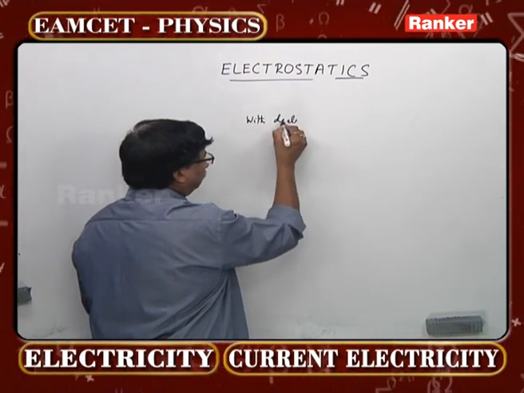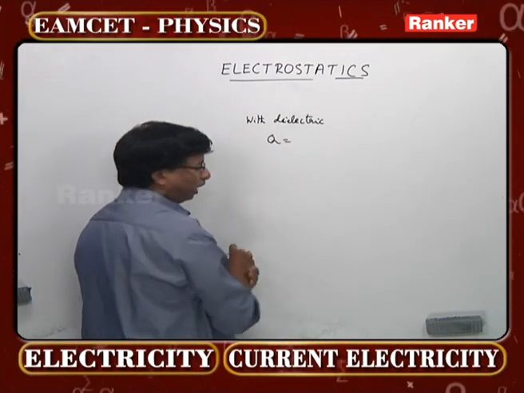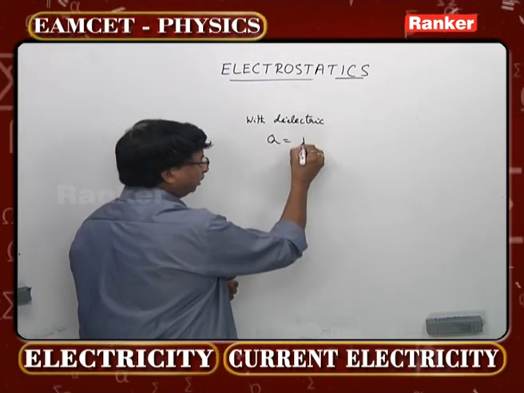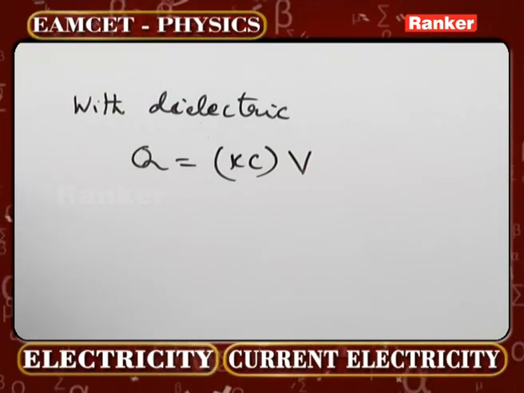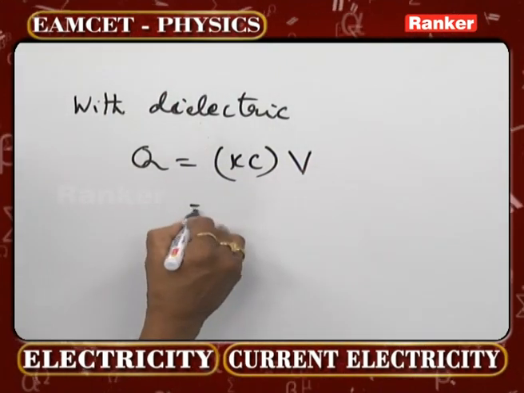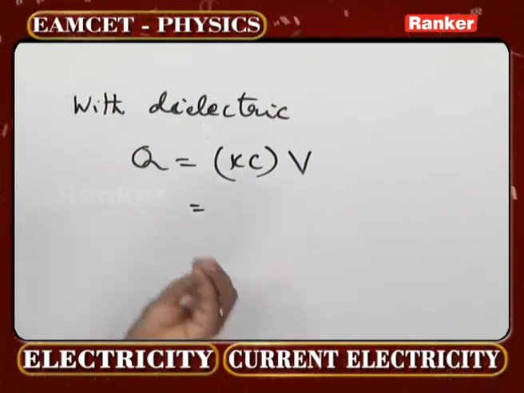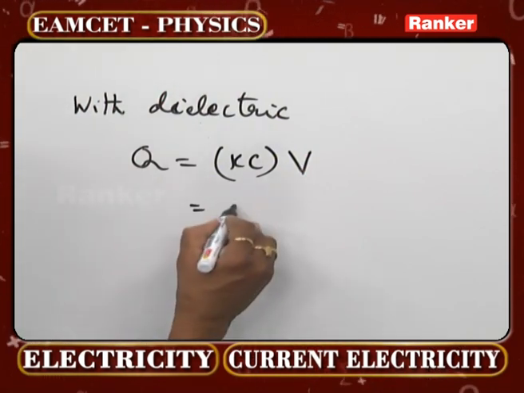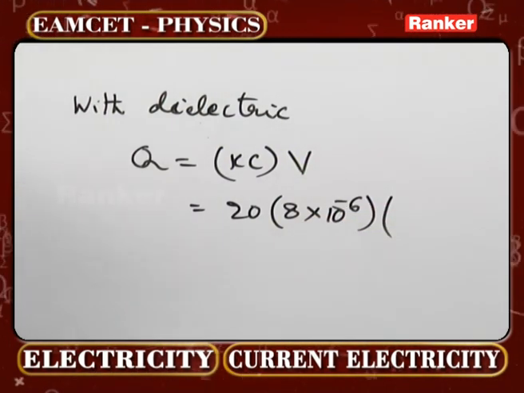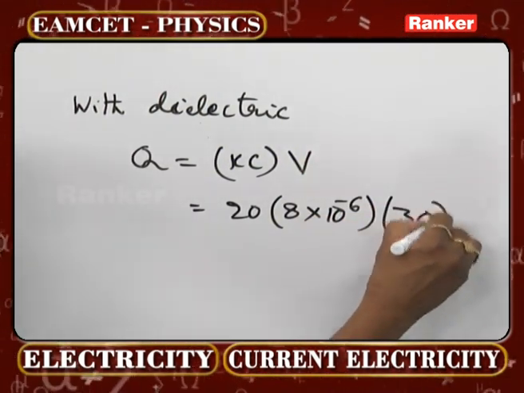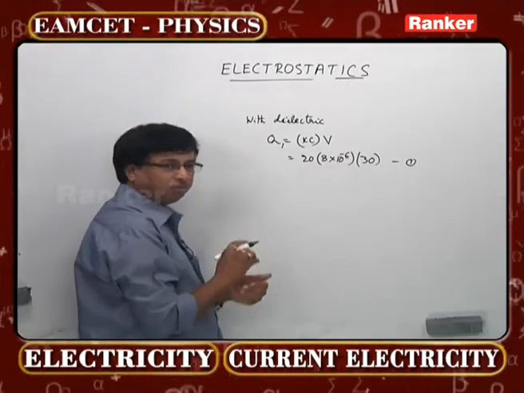With the dielectric, whatever he has given you, you can directly understand Q is equal to CV formula, but KC into V I can write. That is the concept we should take. Now what is K given here? It is given 20 and C is given 8 into 10 power minus 6. So 20 into 8 into 10 power minus 6 into what is the potential difference across that one? It is 30. So this is the charge when there is a dielectric in between the plates of the